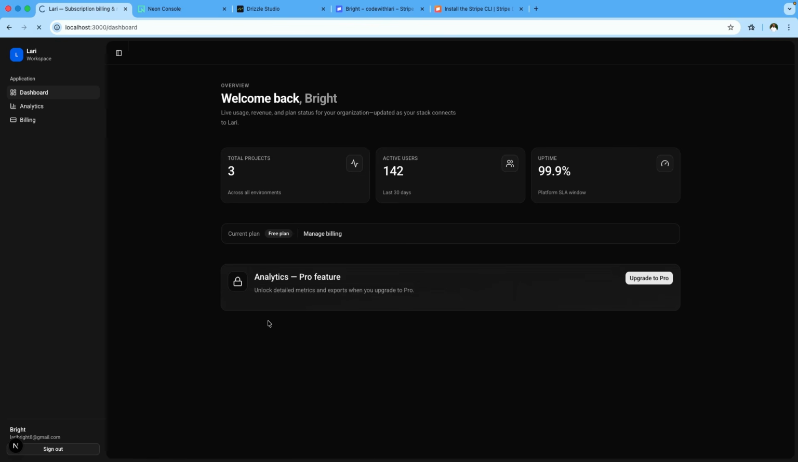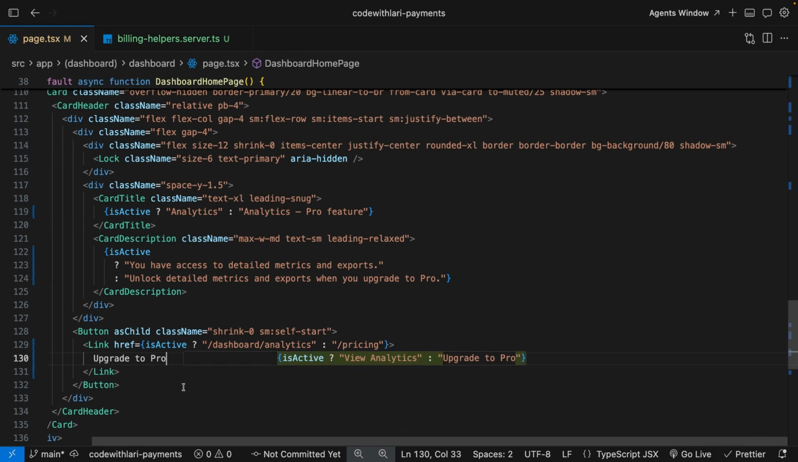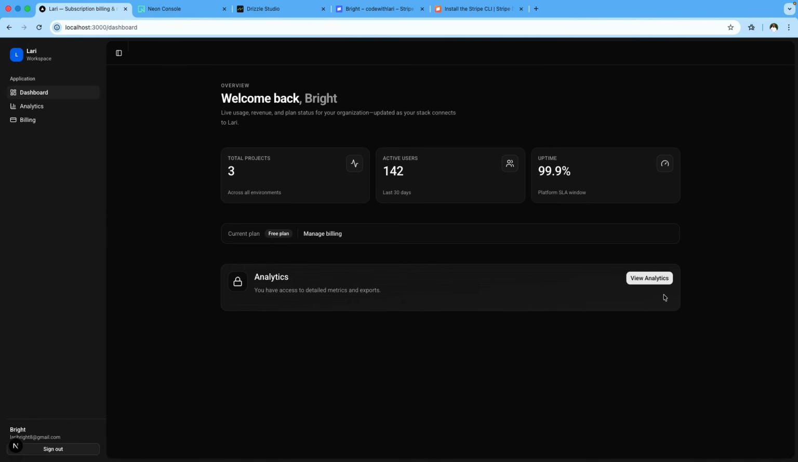Let's just give this a refresh. Let's give this a reload. Let's see our UI update, and this is our UI update. Now, we still see upgrade to pro. Let's update the text. We just want to say something like view analytics, which is what we see over here. Now, the next page we are going to be working on is the